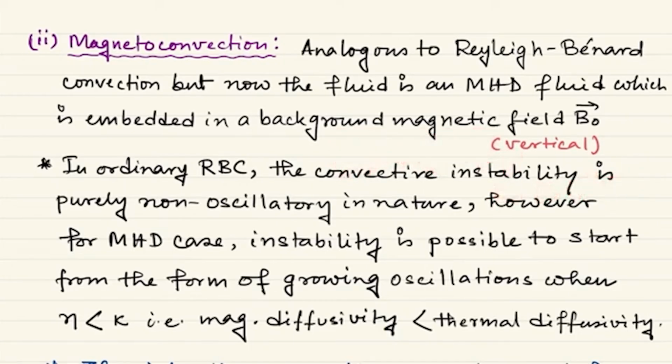So if we have such an equation and we have two diffusivities, one magnetic diffusivity, another thermal diffusivity, and thermal diffusivity dominates over magnetic diffusivity, then instability is possible to even start in the form of growing oscillations. That means that even at the very outset of the instability we have an oscillatory type of solution, but this oscillation grows in time, which leads to the